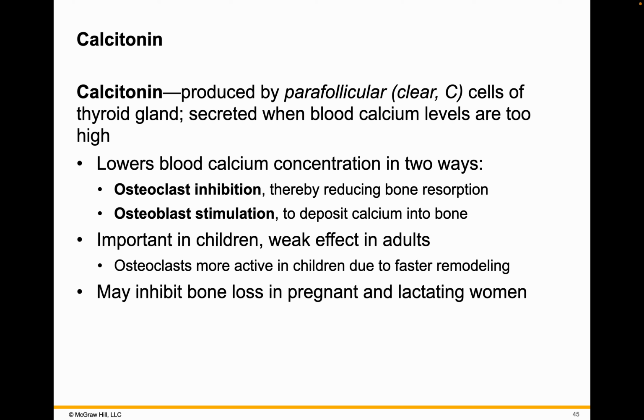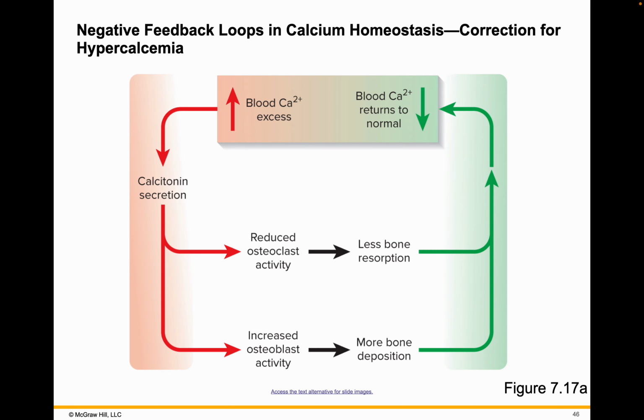Calcitonin is produced by parafollicular cells of the thyroid gland. It is secreted when calcium levels are too high. It lowers blood calcium concentrations in two ways. It inhibits osteoclasts and it stimulates osteoblasts. It may have a more important role in children, but in adults it has a very weak role. Osteoclasts are more active in children due to faster remodeling, but most of the information says that at physiological levels, calcitonin doesn't play a major role in calcium regulation, unlike the other hormone,